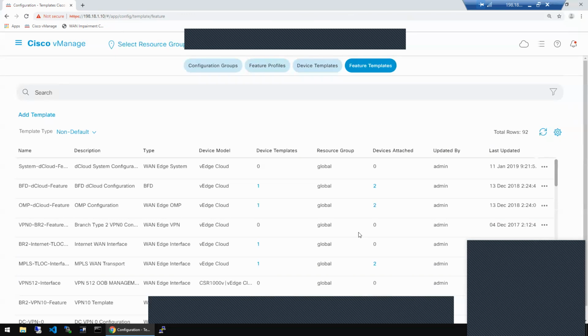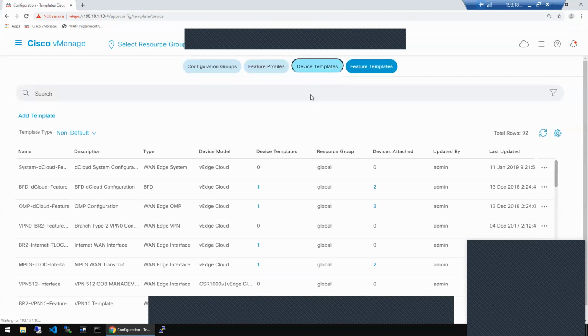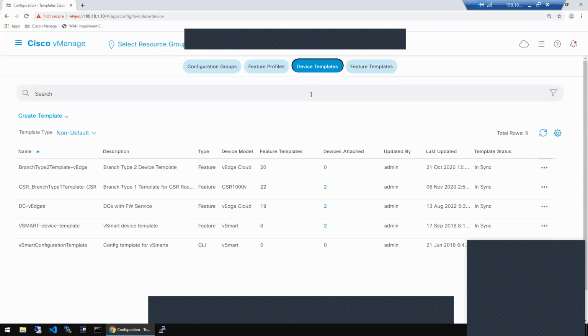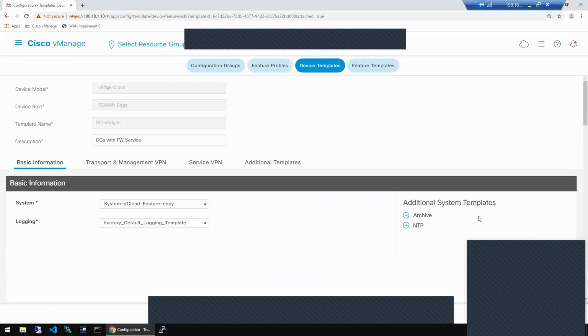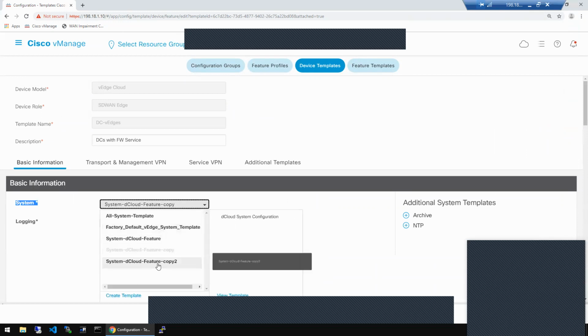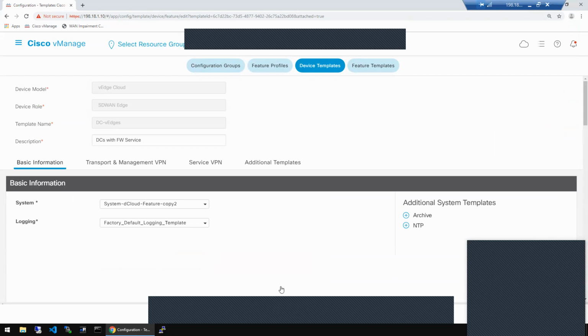Now you will see the change. Now if you go to the device template, and once you are inside the device template, this is your device template, right? You can go and click edit. What you want to change? Your system wide template. This should be copied to. You can see the copy to. Now once you click update in the bottom, what will happen? It will go and update this configuration to both the devices which are attached here, right? So click update,